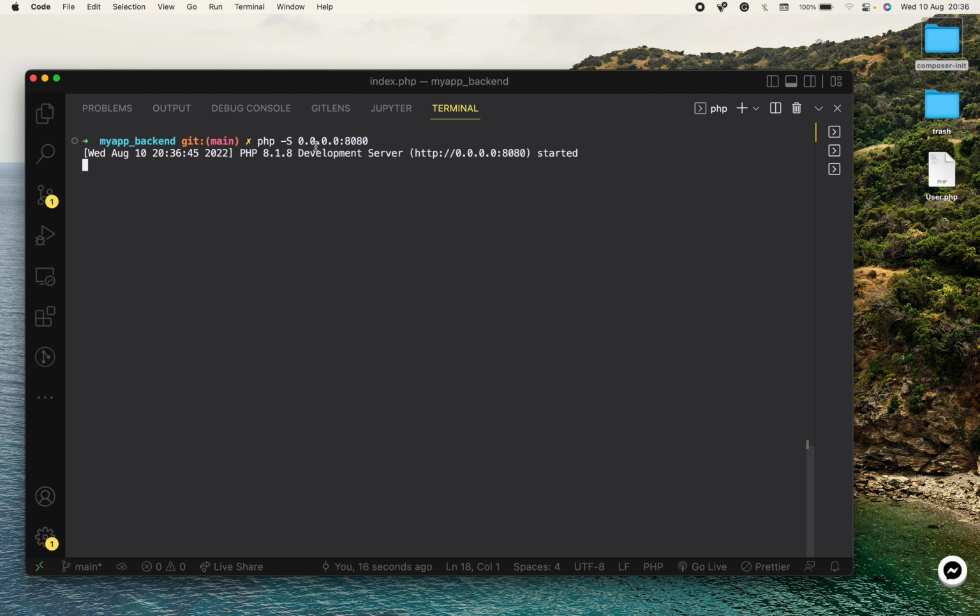And don't mind the zeros you see here. This is just a wildcard. You can actually replace it with your IP address, but I don't encourage doing that. I recommend using the wildcard rather than your IP address, because you expect this application to work on any server with any IP address, and the wildcard is just going to support any IP address that the computer or your server has. If I refresh, we should get something like this, which is not what we want, because we want to actually serve